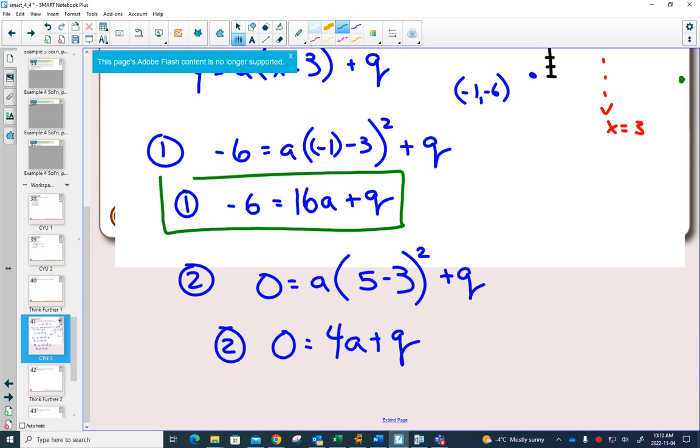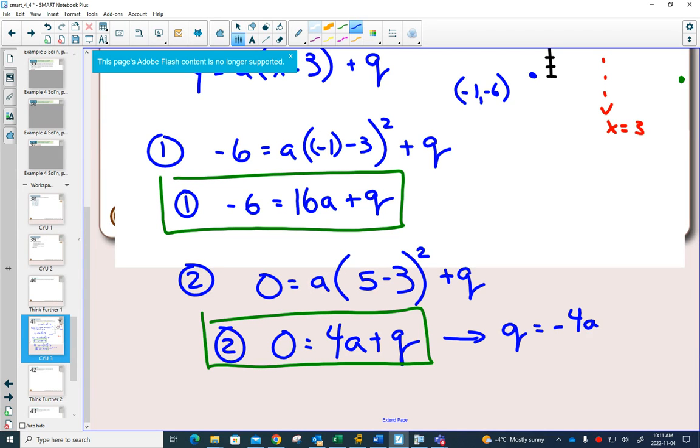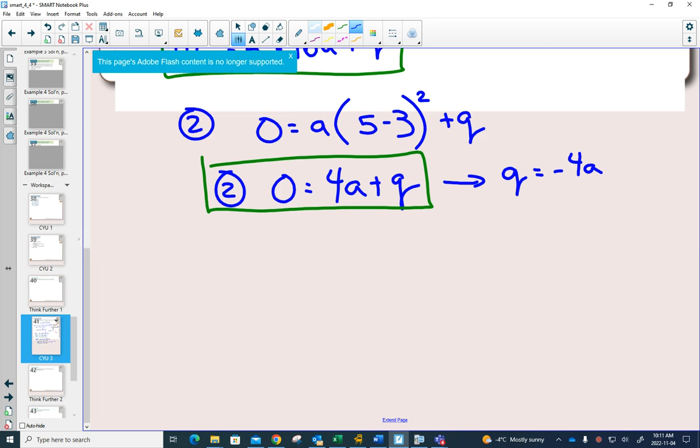I'm going to put a box around equation 1, a box around equation 2. We have now got back to that grade 10 question. We now have two equations with two things that we don't know. So we can either use substitution or elimination. And both would work, I think, really well in this situation. Okay? Can you see that you could easily get q by itself? If I take equation 2 here, and I move the 4a over to the other side, I get q by itself. I can now substitute